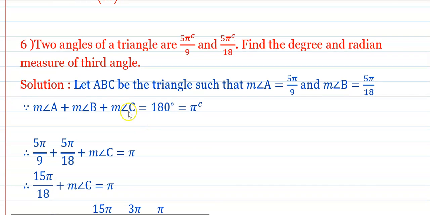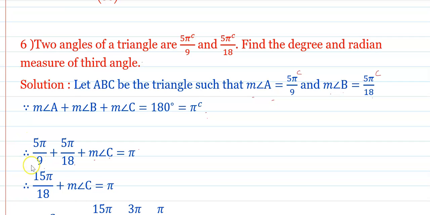Okay, next, two angles of the triangle are 5 pi by 9 radian and 5 pi by 18 radian. Find the degree and the radian measure of the third angle. Okay, now the first angle, angle A, is 5 pi by 9 radian. Okay, and the second, measure of angle B, is equals to 5 pi by 18 radian, and their sum is equals to 180, that is equals to pi radian. 5 pi by 9 plus 5 pi by 18 plus measure of angle C is equals to pi,